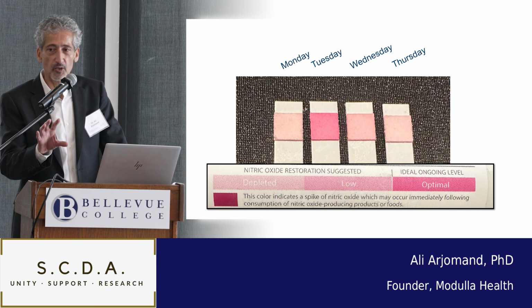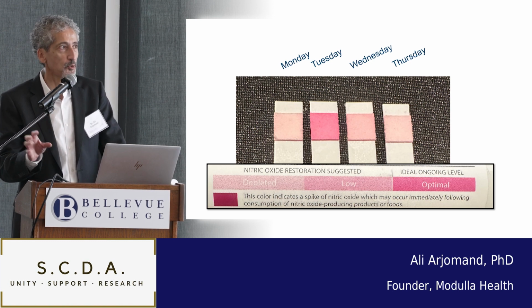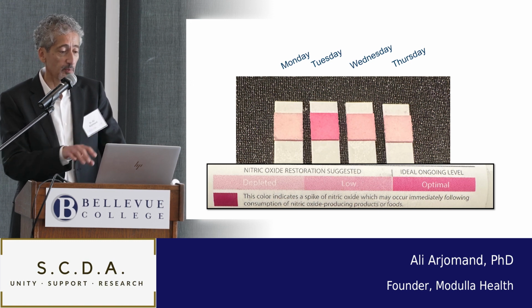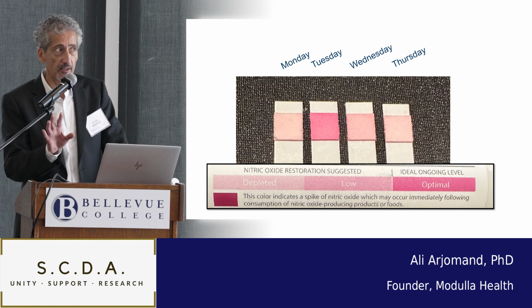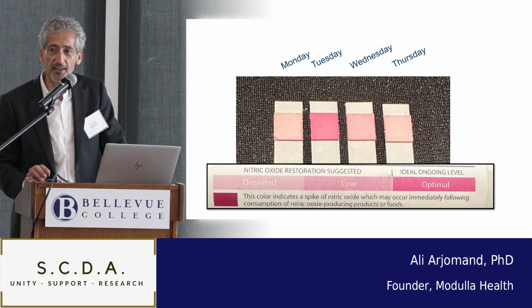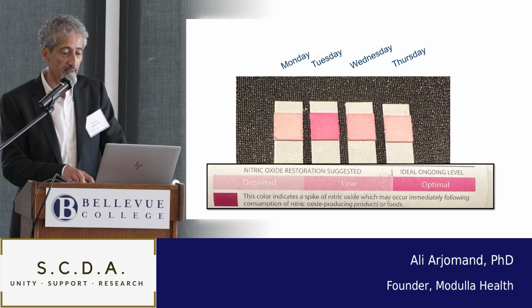Injection of nitrate through vegetable, or especially beetroot, shoots this number up. You can see the color change. It's faded over the week. It used to be even brighter. And then it didn't do much difference the rest of the way, and it's sort of gone back to its normal color. So this is kind of a cool way of testing yourself.